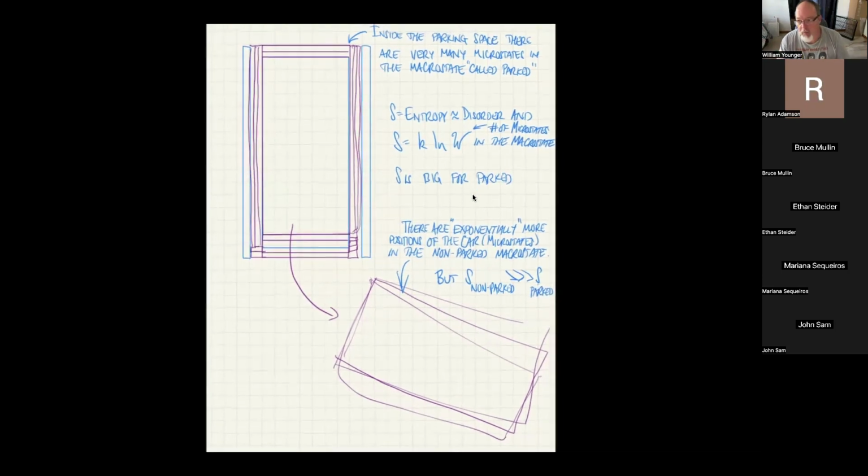Okay. So that's another way of thinking about why it is easy to pull out of a parking space versus relatively difficult to pull into a parking space. And you can think of that as because there's so many different ways you can pull out of a parking space that are all valid. And that in many ways is huge, even compared to the many ways you can park in a parking space. So because of that, the entropy actually goes up when you pull out of a parking space, and that's more like a natural process and therefore easy. Anybody have any questions on that one?